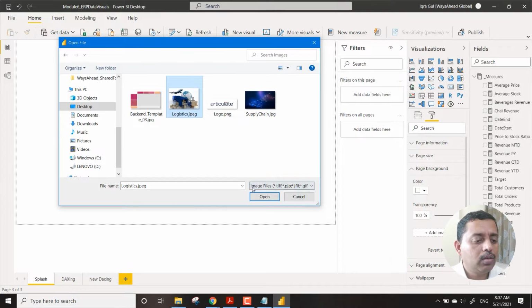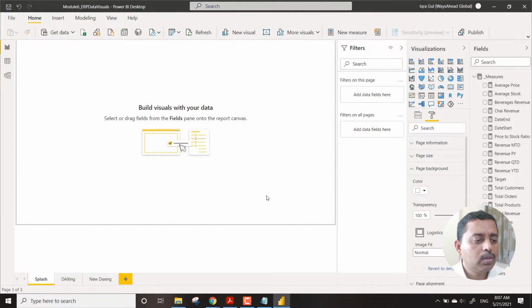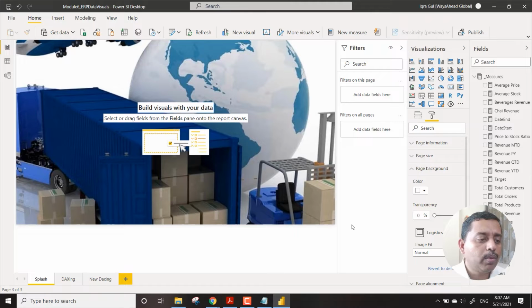Let's say this is for the logistic company. We can just use this image. But when you upload it, you see that the page is not affected. To make the page affected, over here in the formatting option there is something called transparency, which is set to 100%. Anyway, it cannot be visible if the transparency is 100%, so you need to bring it to 0%.